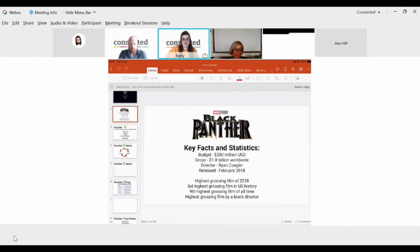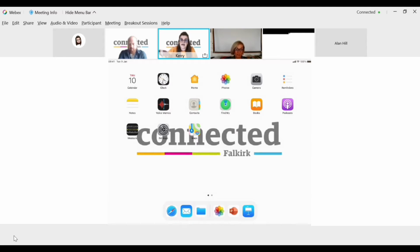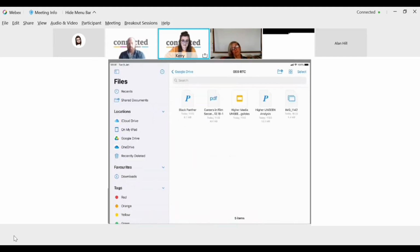So if you do want to convert existing resources into Pages or Keynote files, there are potentially some advantages that we'll come to shortly. But if you are going to do that, the conversion itself is actually pretty easy. So you've got two options. The first thing that you can do is actually convert it to a Keynote or a Pages file. So if I go back into my files,